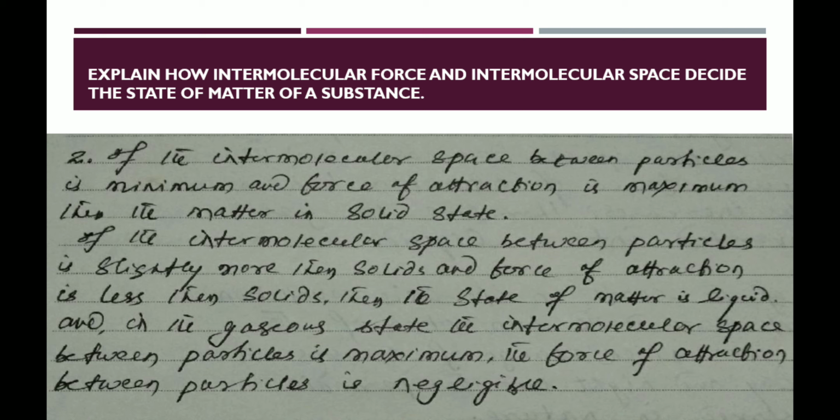Now question number 2. Explain how intermolecular force and intermolecular space decide the state of matter of a substance. Answer. If the intermolecular space between particles is minimum and force of attraction is maximum, then the matter is said to